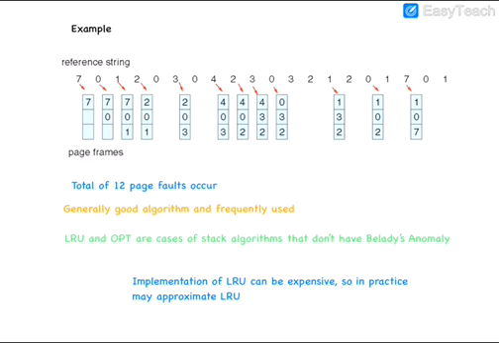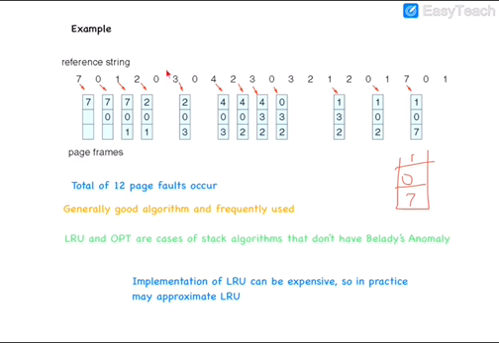Now memory is full. Whenever we see a page reference for 2, as we are using the least recently used page replacement algorithm, we have to find the oldest page. How to find the oldest page? If you take this stack, the first page to come in was 7, next was 0, and next was 1. Now 7 is the oldest one, so page 2 will replace 7. Now the reference to 0 is already present in memory, so there is no page fault.